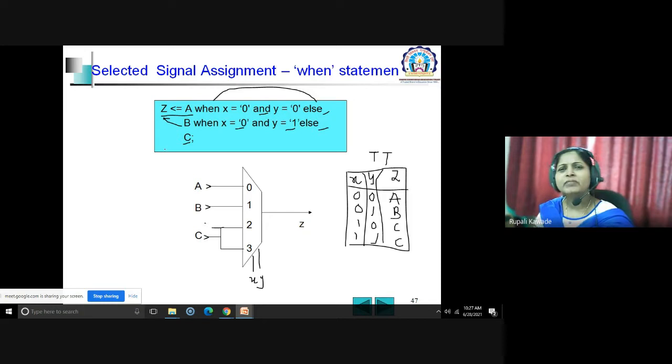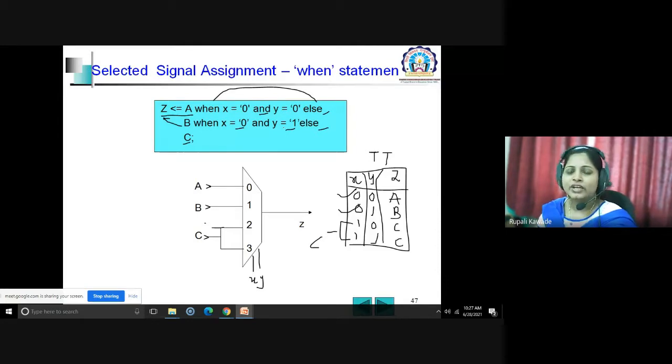For the remaining conditions, we check 0, 0 and 0, 1, where either a or b will be assigned to z, and for the rest of the two conditions it will be assigned c. So else c, and then a semicolon. You can find the semicolon at the end of the statement, so you can consider this as a complete statement. This is one of the concurrent statements you can write using a when else statement.